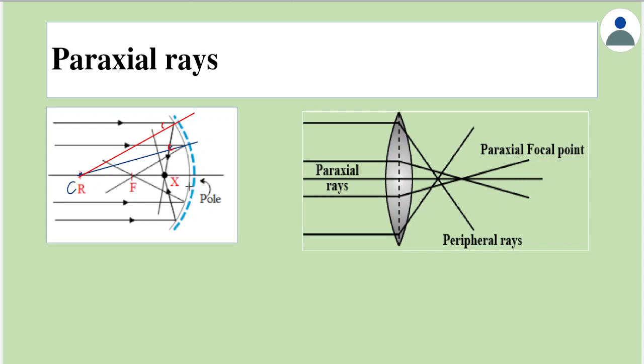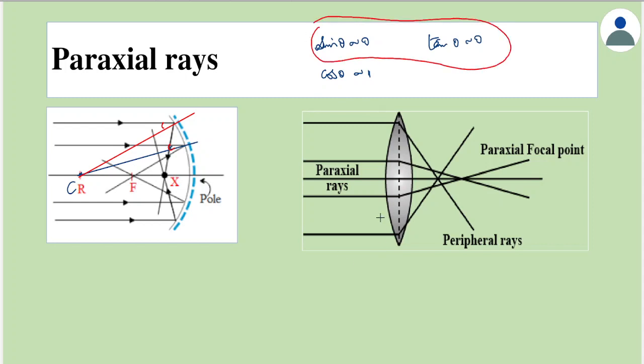So whenever the light rays are close to the principal axis, the angle of incidence and the angle of reflection would be small. Also remember that for small angles, we can approximate sin theta as theta only. Cos theta is approximately equal to 1, and tan theta is the same as theta. So it means that for small angles, sin theta is almost the same as tan theta. So do remember that from now on, we will be assuming only paraxial rays.